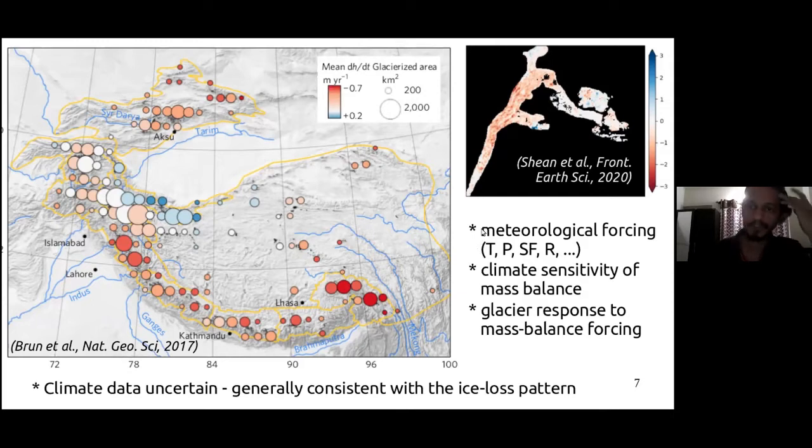So if you want to summarize what is going on here: over the past few decades, the meteorological forcing is changing. There must be changes in temperature, precipitation, snowfall, incoming radiation, and things like that. That's the meteorological forcing, and it will also have a spatial pattern; it would not be uniform. And then once we have the meteorological forcing, what you need to do is to fix it, and then that will tell you how much the change in